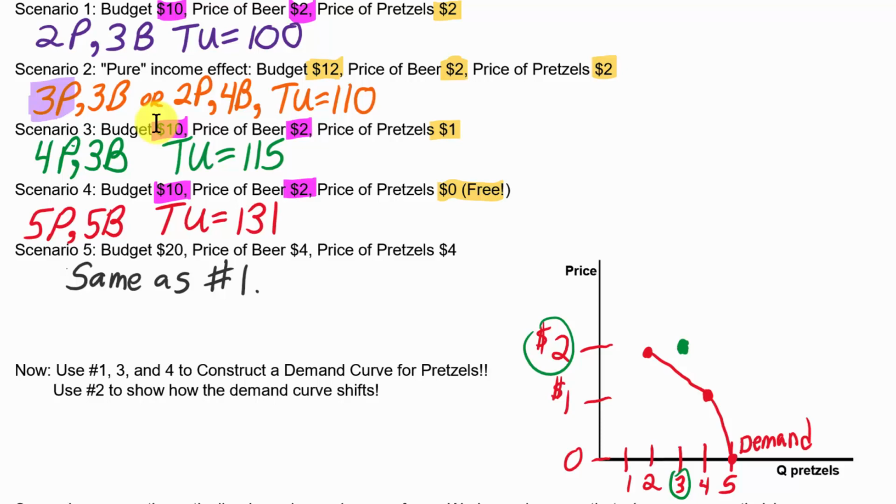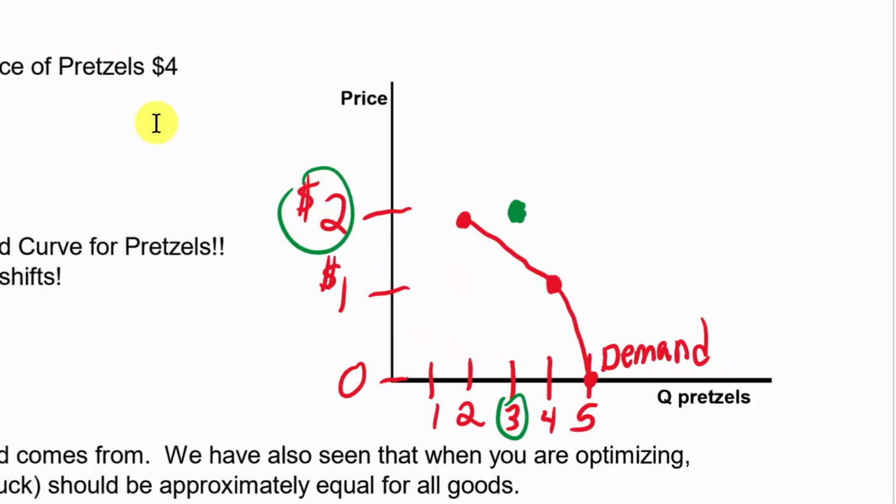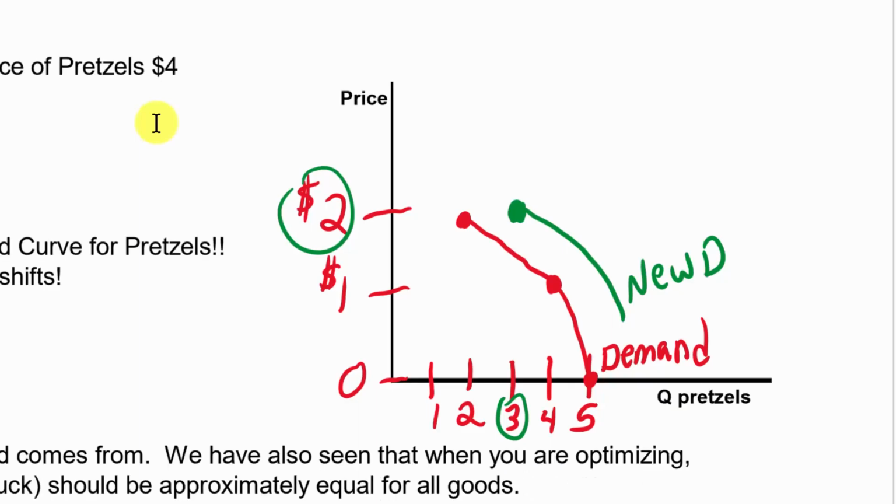And we see that this point here must be on a different demand curve. Now, we haven't done enough analysis to see exactly where this demand curve would be, but it's going to be somewhere to the right, right? And this would be our new demand after we get more money. We see that shift. Something changed about this consumer that makes them want to buy more at each price compared to what they used to, and that change was an increase in their income.